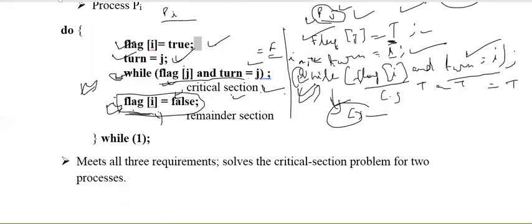In the next lecture, we are going to pick another kind of solution that is known as hardware-based solution. This is one software-based solution. There are certain hardware-based solutions through which we can ensure mutual exclusion in our system by deploying certain kinds of hardware or by deploying certain kinds of interrupts. So we will discuss that particular thing in our next lecture. So that is all for today.